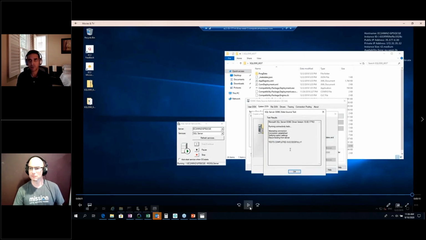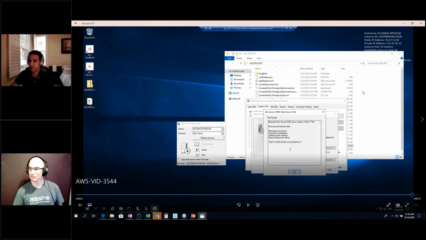This is a SQL 2000 version, which is not compatible natively with 2019. But what we have shown you here is that we packaged that application up in an EMP package container, and we moved that over to a 2019 version of Windows, without requiring any kind of recoding or refactoring of the application. So with that, I'm going to hand it over to Eric, who's going to take us through the rest of the presentation. So Eric, over to you.